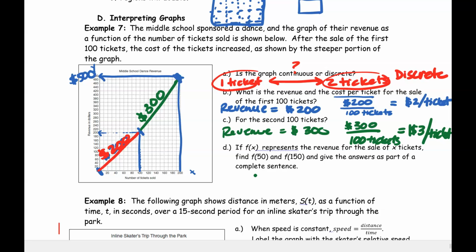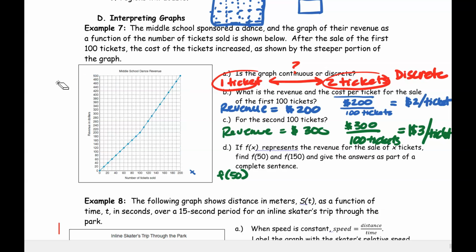Okay, so let's do that. So f of 50, 50 is our independent variable, which is number of tickets sold. So I'm going to erase this so that I have some more room. And it means I'm going to go find 50 on the x-axis and find what y would be. So it looks like 50 is in between 40 and 60. So I'm going to come up here and I'm going to read over, and it looks like $100. So f of 50 is 100. What that means is 50 tickets